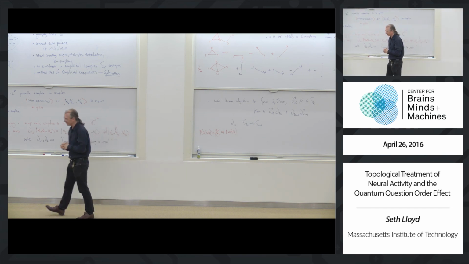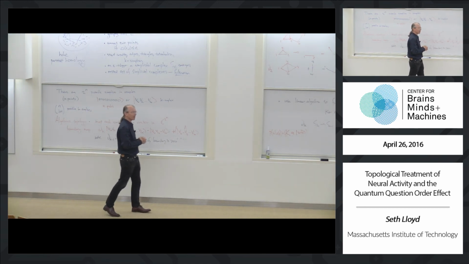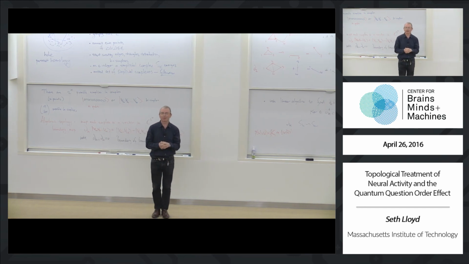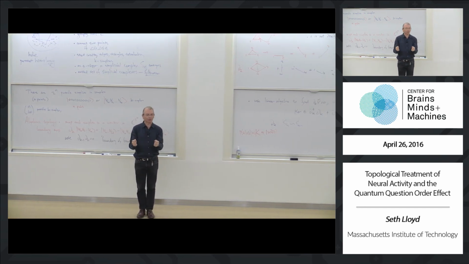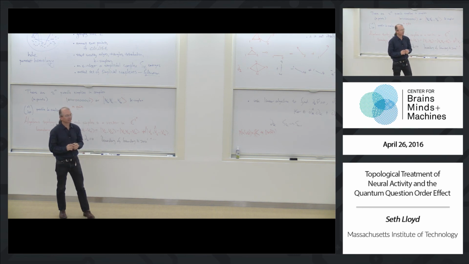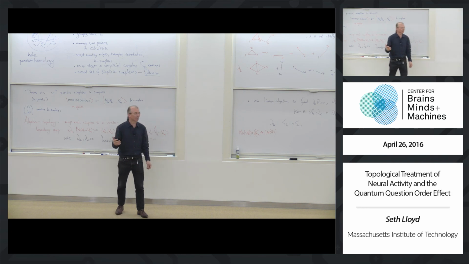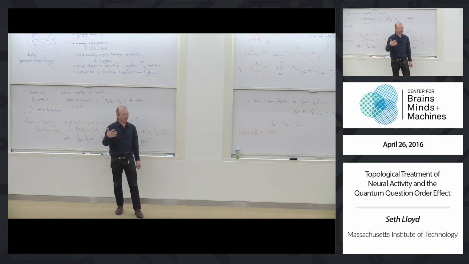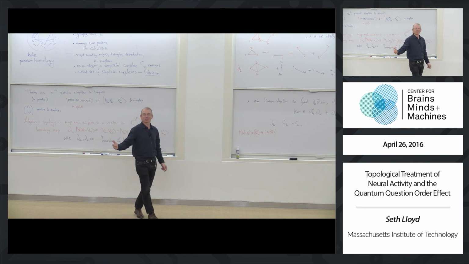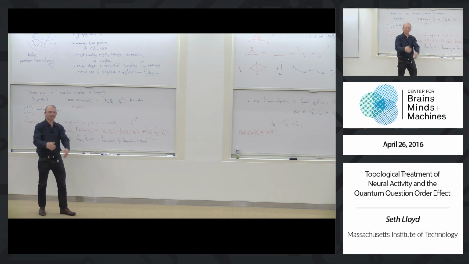Just to summarize, because I have time, I brought up the quantum question order effect. It's a weird thing because quantum mechanics makes very specific predictions for how probabilities of questions asked in different orders come out. And there's empirical evidence from many studies that people obey something very similar. I recommend these papers, which give you some of the more funky things, like the probability of A and B being greater than the probability of A being less than the probability of A and B. It's hard to imagine how it works, but it works out quite nicely when A and B correspond to non-commuting measurements.